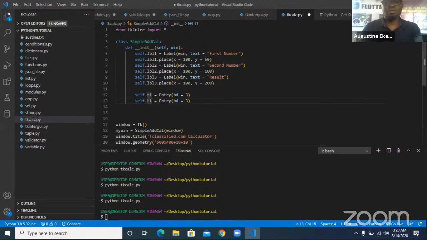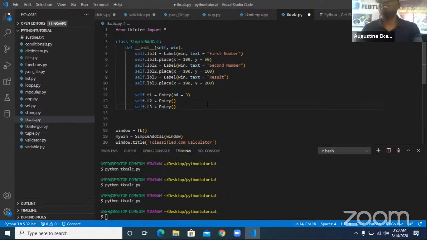So I'm gonna change this to T2. I don't want it to be bold or anything. I just want it to be normal. So I'm finally gonna bring in, copy this and simply paste to bring in the third one, which is gonna be T3. Isn't it? So I have 3